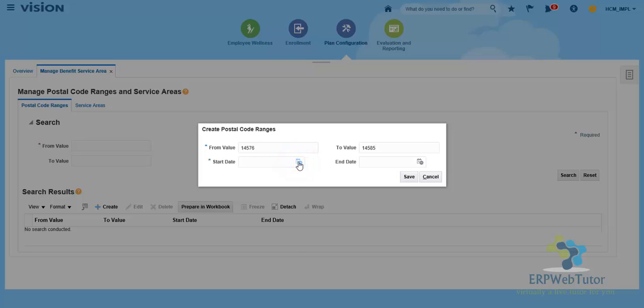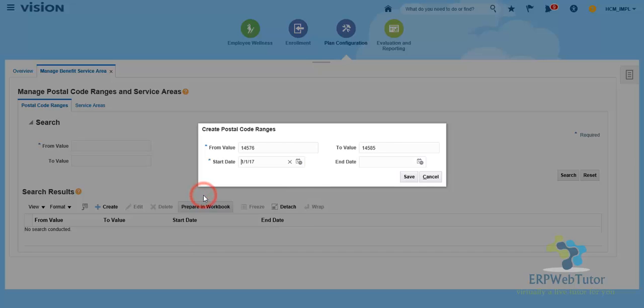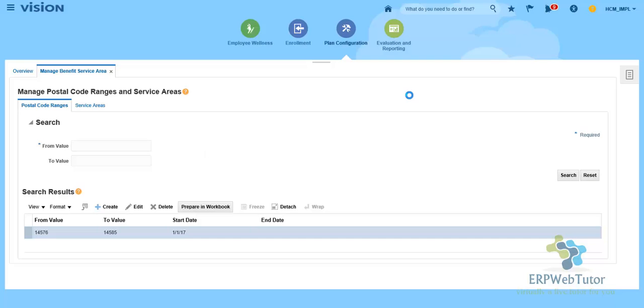Then we define when this is valid. So I'll just put in 1st of Jan 2017. And we could define an end date, or we could just leave it open-ended. For the purpose of this demo, we'll just leave it as open-ended. I'll go ahead and click on save. So now we have the from and the to values created. Once we have created the from and to values, we'll click on service areas